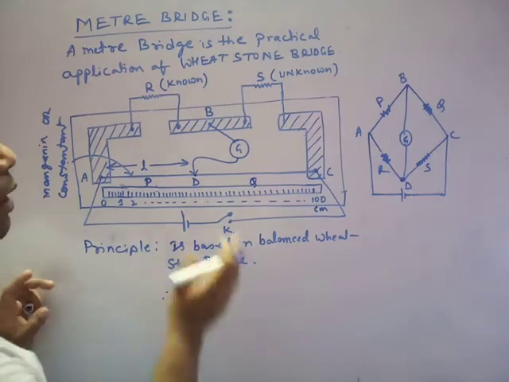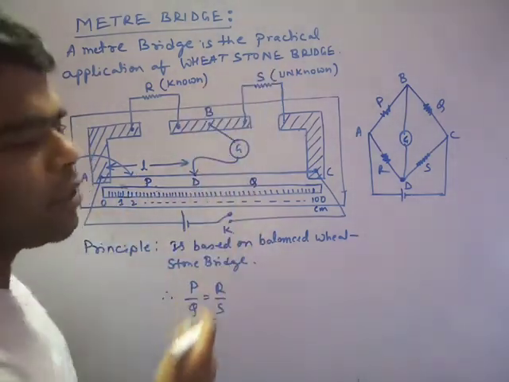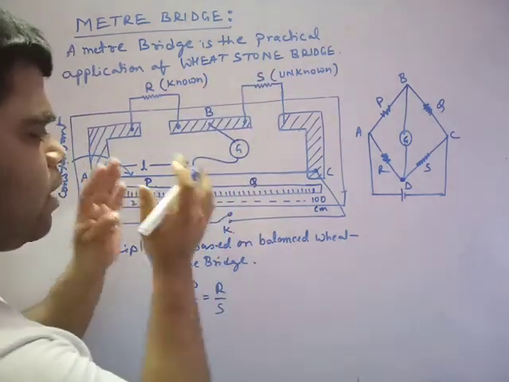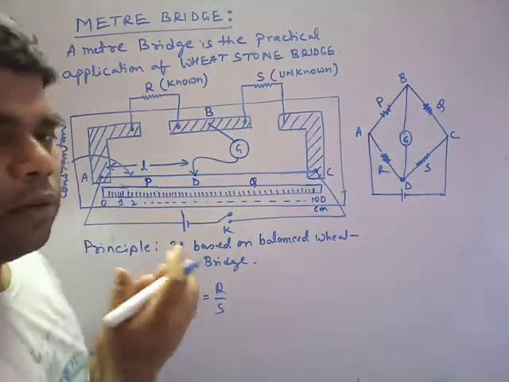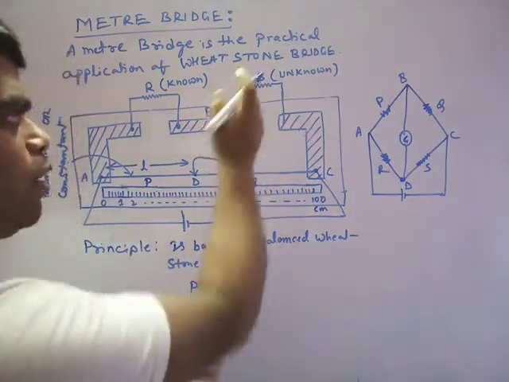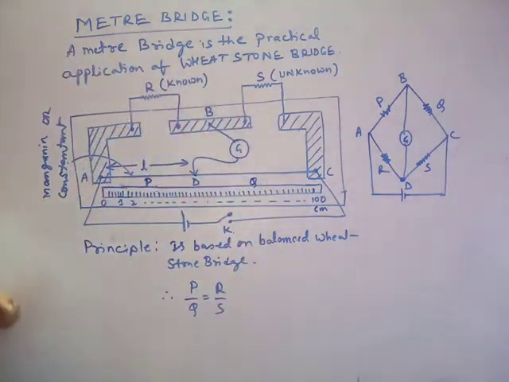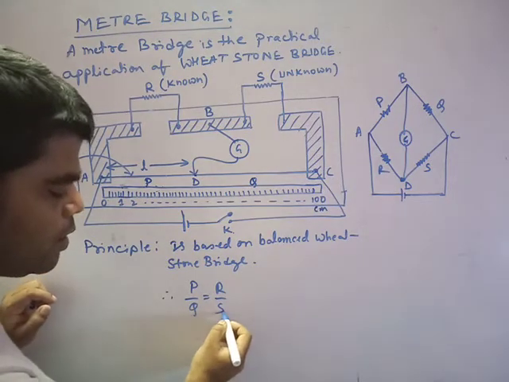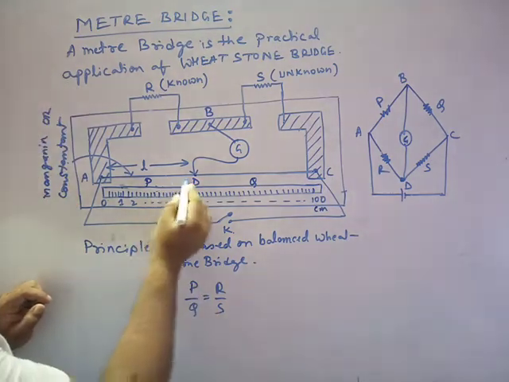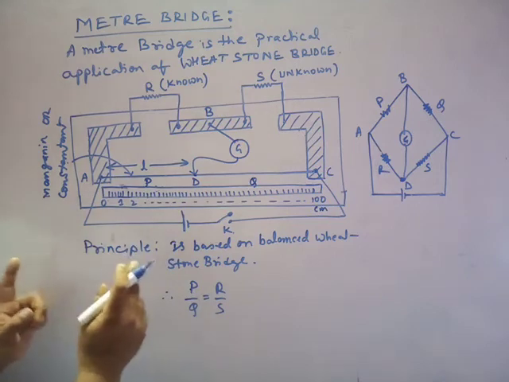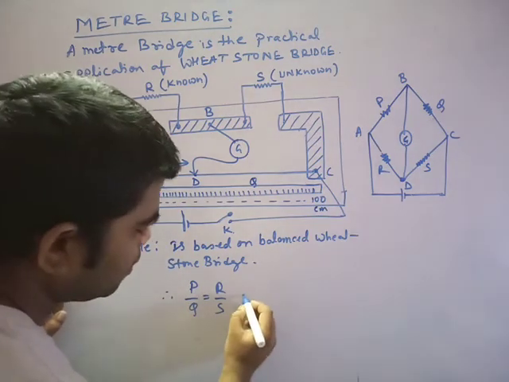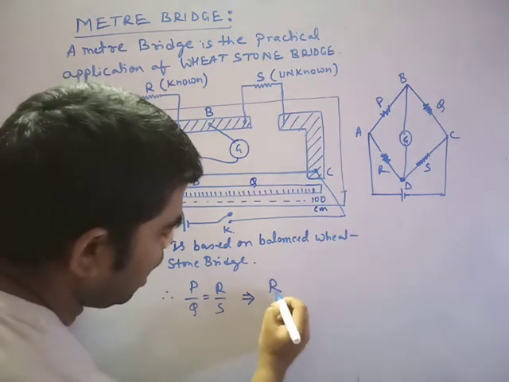Okay, चलो. इसमें application क्या है कि unknown resistance find करना. ये meter bridge का main working is to find the unknown resistance. So let's see how to find this. This unknown resistance is S. What is P then? P क्या है फिर? Then I will say, is it right? The next step, let me write here it is R by S.